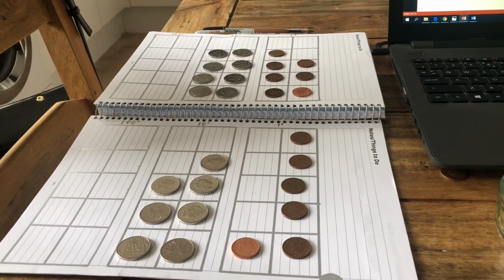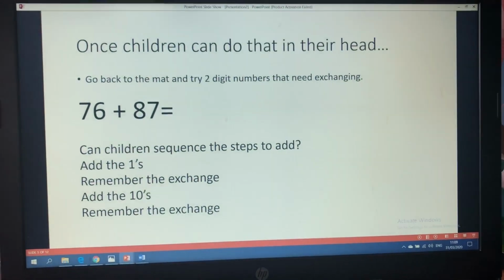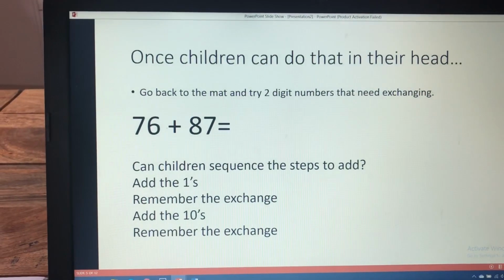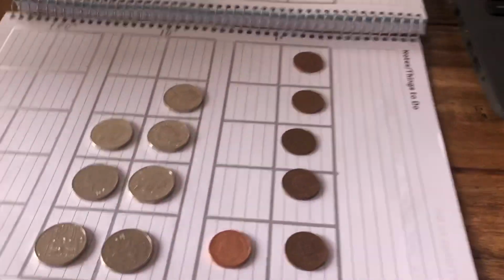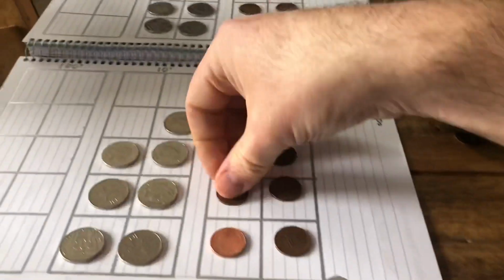So they're the two numbers, and it's those steps again. Can they remember what they did first when we were learning this? Well, they did the ones. So add the ones, and I can see that all those ones are going to fit into there, which they may not be able to see when they say 76 add 87. So move the ones you can, and I've got 4 in this column and 4 here. So I'm going to move them down,